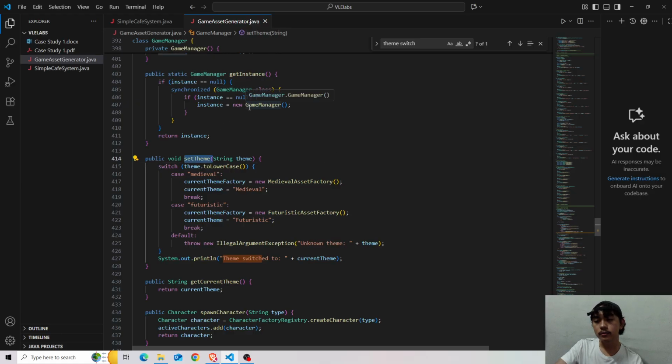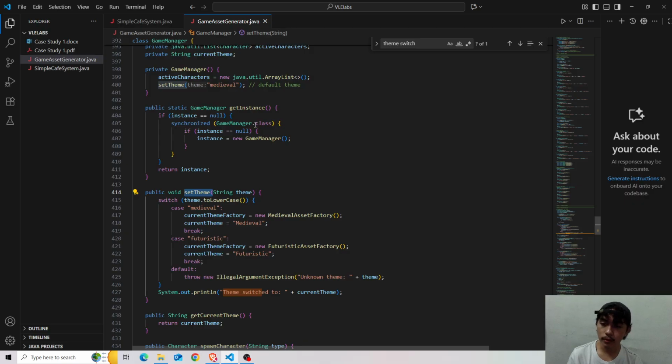So yeah, let's proceed to the set theme. This method sets the theme for our game manager. So we have a switch here on lowercase.